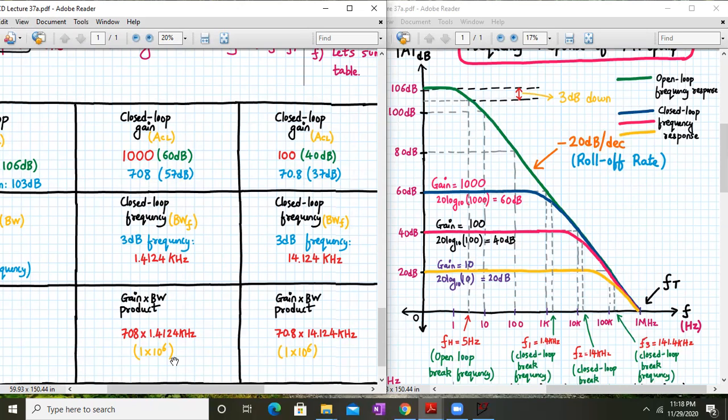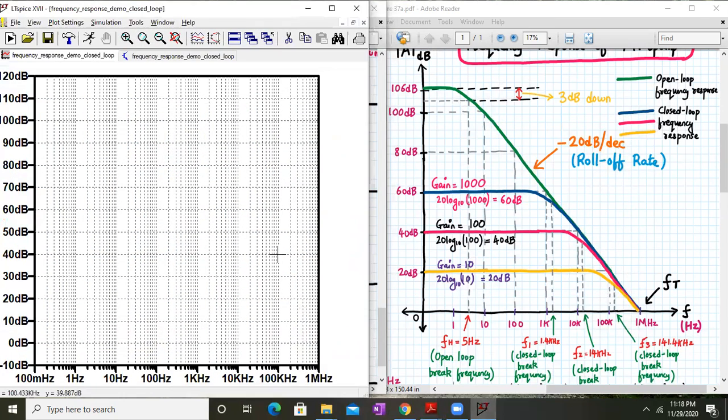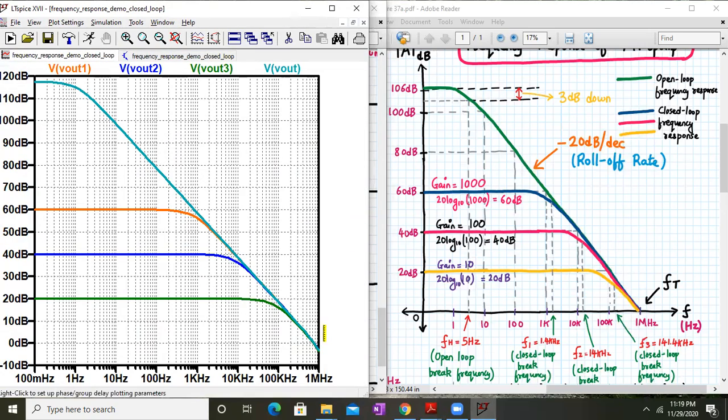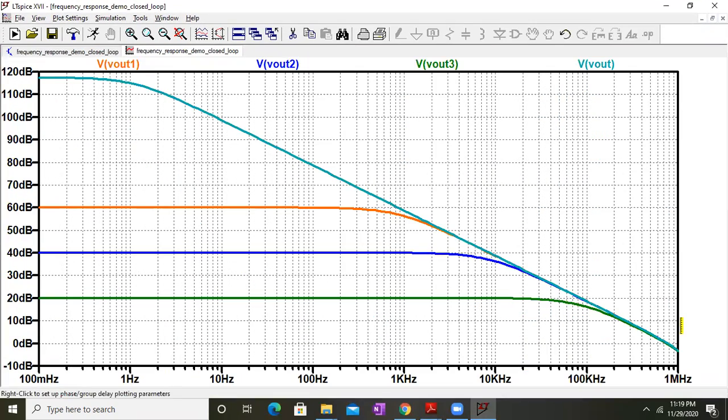If you do that, you will get the number 1.4124 kilohertz. So you can try it out, right? We know for a fact that the gain bandwidth product is the same, and we utilize that fact to do that. Now, probably in this diagram, which is involving OP07, probably the closed loop gain, sorry,